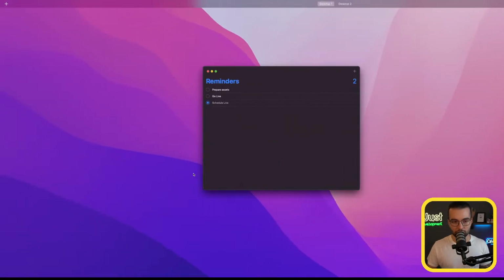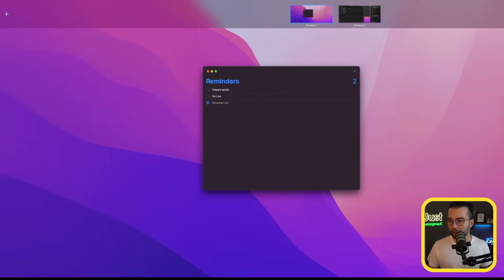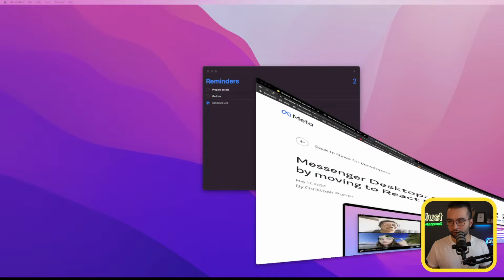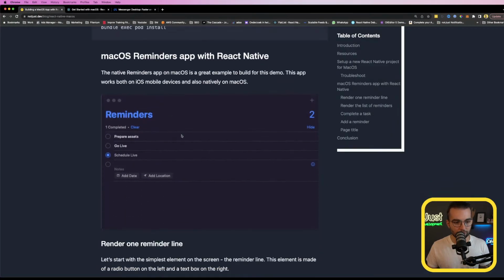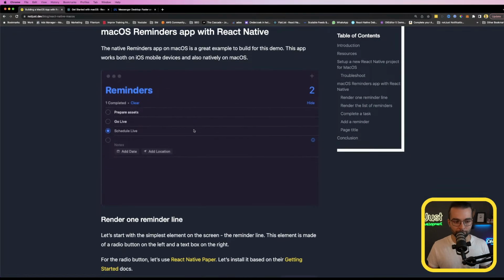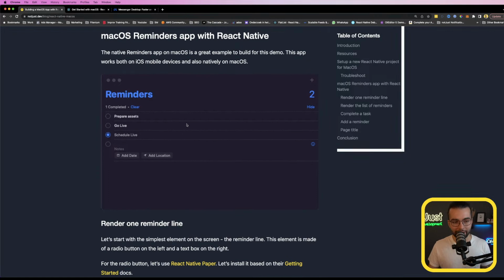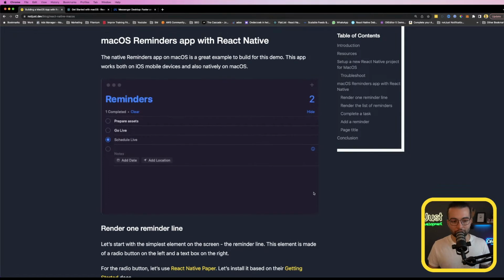So let's go ahead, let's open our, maybe these Reminders will help us. But I have created a screenshot in our guide. So this is the application that we want to develop. So the Reminders, very similar to a to-do list application. What we have is at the bottom, we have an input box where we can write our reminders, our to-do list items, and so on. They appear in a list on the page. We can complete them, and at the top we see the number of reminders with some titles. So pretty simple, but at the same time it will allow us to build a useful and a real application